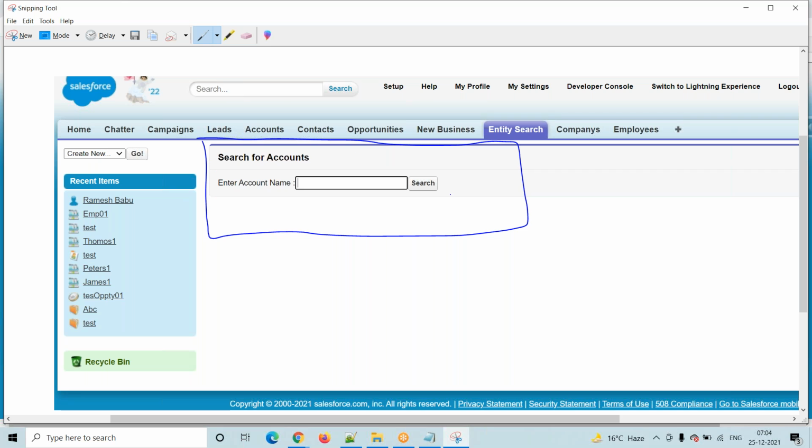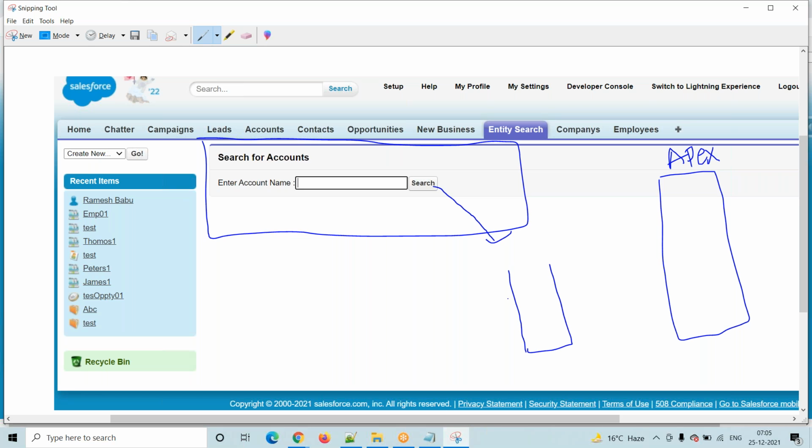Whenever we click the search button, what is the system doing? It is going and searching something, right? This is an Apex class. Where is this Apex class? Whenever you click the search button, our request goes to the server, whether it is Lightning, Aura, LWC, or Visualforce page.